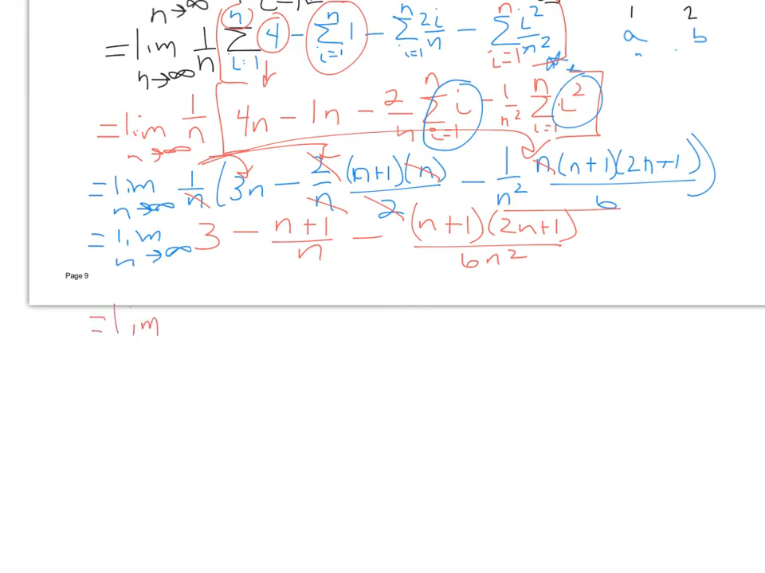So, the limit as n goes to infinity of 3 minus, now I'm going to just take the limit of each part, because I can do the parts easily. The limit as n goes to infinity of (n plus 1) divided by n, minus the limit as n goes